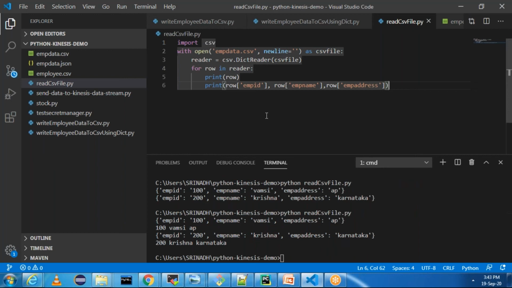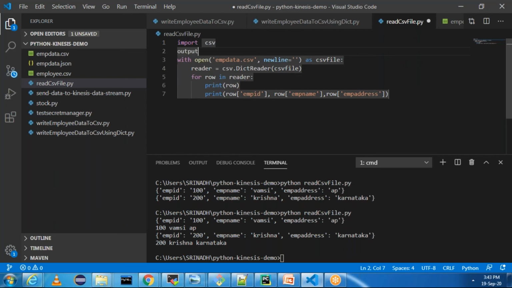If at all I want to capture this data, I can create a list. I can say output list equal to this, and I can say output list dot append of row dot values.